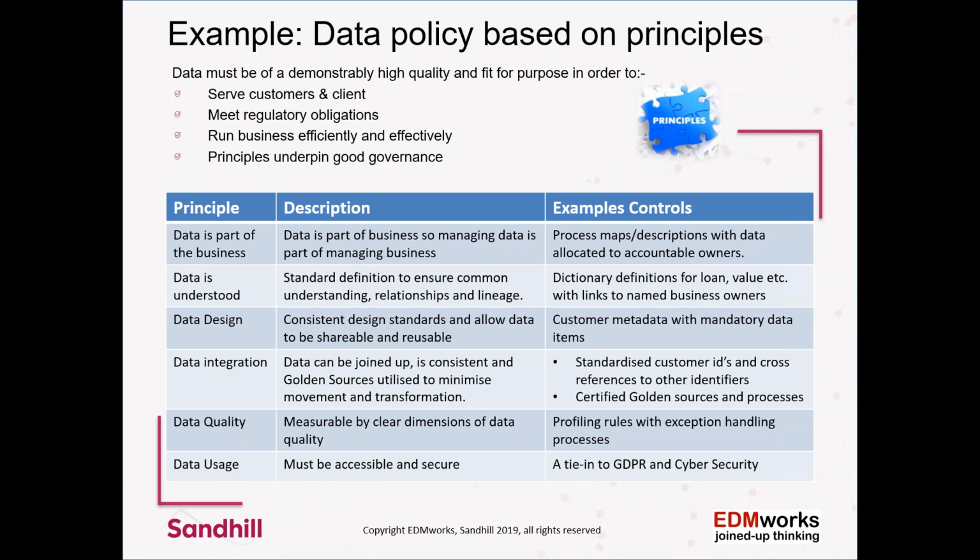So we would expect to see different divisions within the organisation have created things like process maps and descriptions of those processes, which they should already have and probably have, but we would expect them to be annotated with the data that is relevant to the particular part of the process, so they're starting to have a really good understanding of how data relates to their part of the business. And then, very important, we would expect them to have allocated owners, and those are either the names of the process owners or they are other people within that particular business division who have accountability for making sure that data is correct.